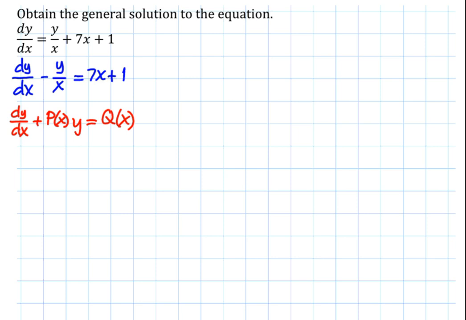When we compare this, p of x is negative 1 over x. So we write that out because we will need that for the integrating factor. So from these two, we have p of x is negative 1 over x. So the integrating factor for the standard form